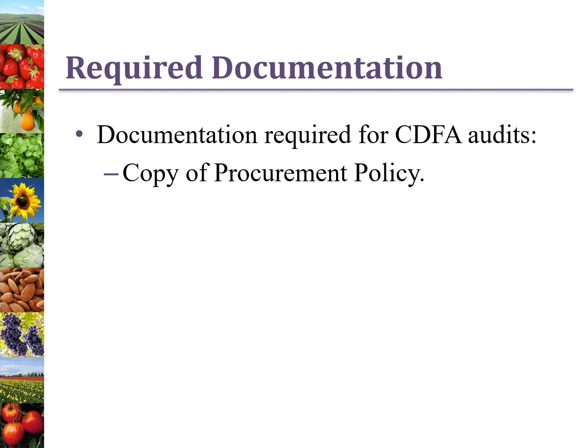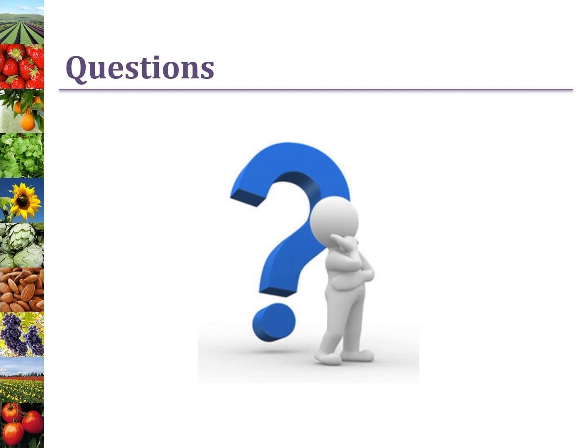And finally, some specific documentation is required when using contractual services. Because all applicants that are awarded funds will be audited by CDFA, it is important to maintain a copy of the organization's documented procurement policy and any records that show that the terms of the procurement policy were followed and that all costs conform to cost principles. Importantly, remember that this was just a brief overview of the procedures for using contractual services. For more information, please refer to 2 CFR 200.318 through 320, and again, the contractual services guidance document provided by CDFA. And that concludes our final presentation.